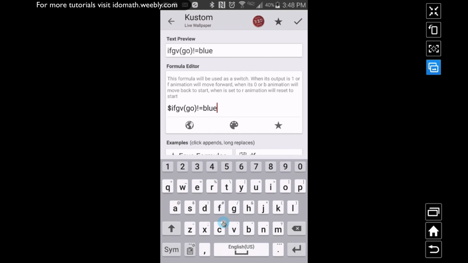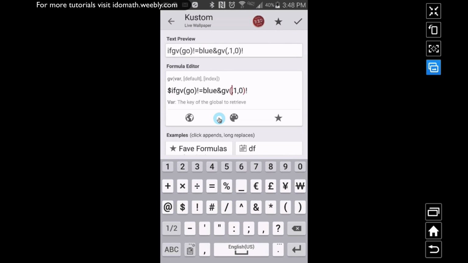I'm going to come back and add some stuff in a second. I want to scroll this thing off the screen. That's the way I'm thinking about it as I put that one in there. I want to scroll it off the screen, otherwise I want to bring it back. However, this is not going to do everything I want it to do. I need to make it say, okay, if it's not equal to blue and it's not equal to all. So, and GV go